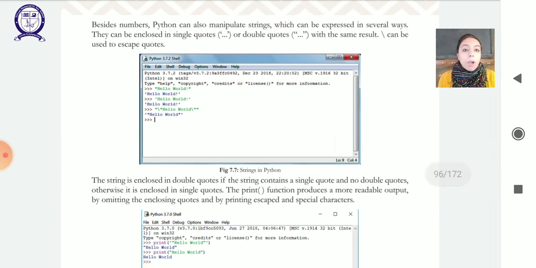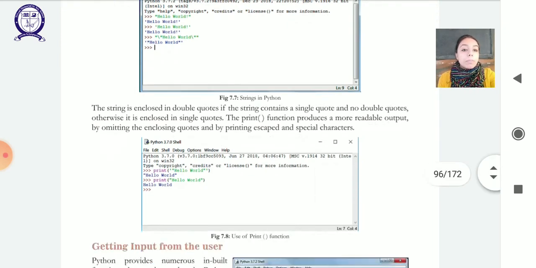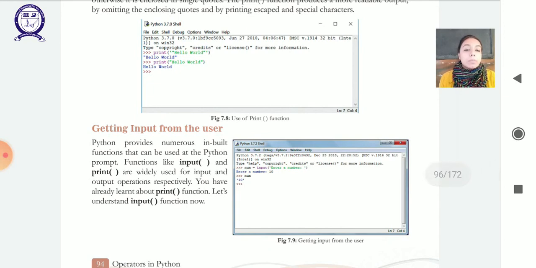Now we will talk about typing the string in Python. So when we want to type the string, that has to be typed as a single or a double quote, and here it is hello world. So we see there the hello world is written in double quotes, and when we press the enter key, it shows us the same thing. So string is always to be written in the single or the double quotes. Whatever is typed in the single or double quotes will be displayed as it is. You can also give the print statement to display whatever you want to get printed in the double or the single quotes on the screen.